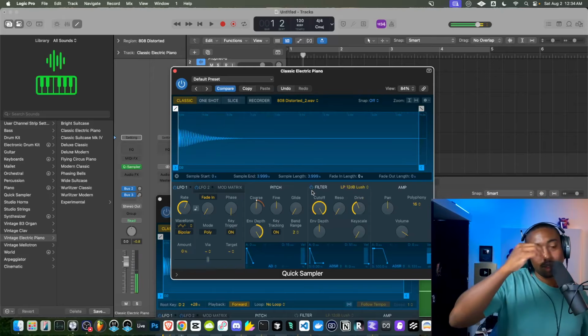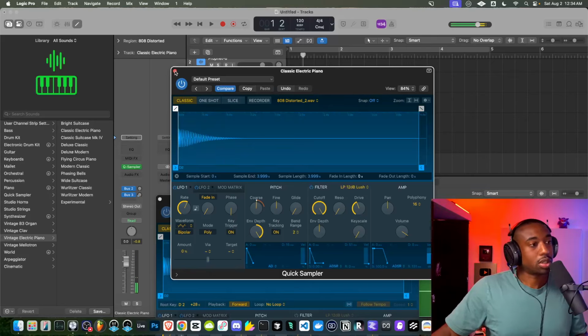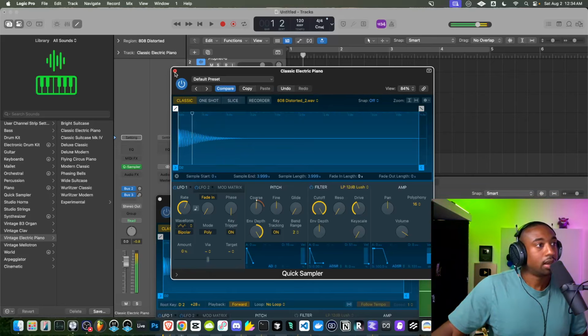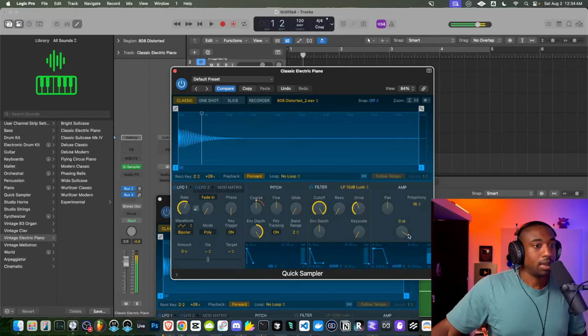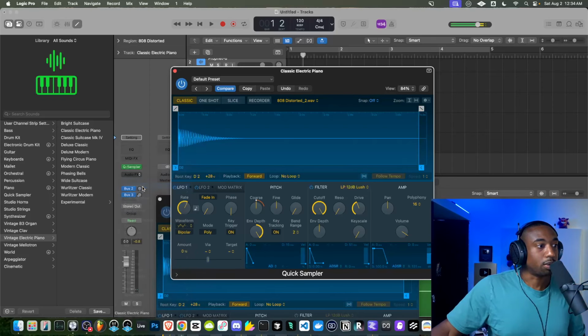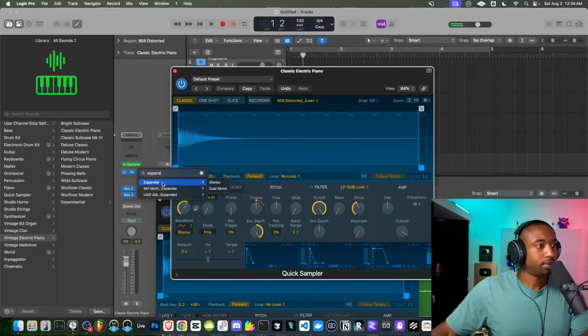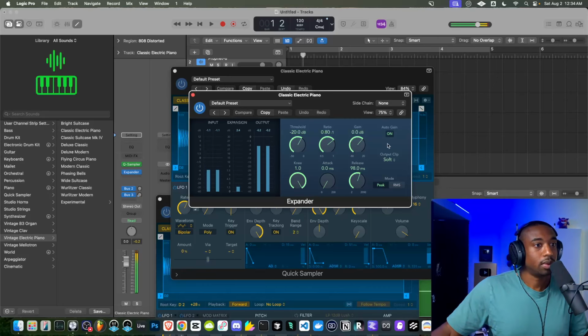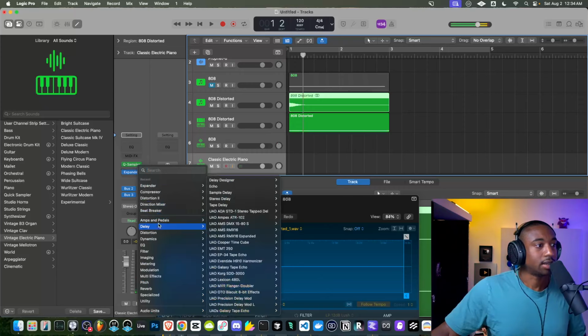So I think if we wanted to take it further, we could run it through soft clippers and really push the transient. But pretty much that's how you make an 808. There's a lot of styles of 808s. Now, if you wanted to go crazy with it, we could run this through some kind of clipper of some sort. Let's go to compressor mode. Actually, let's run it through an expander. And I like to really push volume into either compressor. Now that has a soft clipper inside of it.